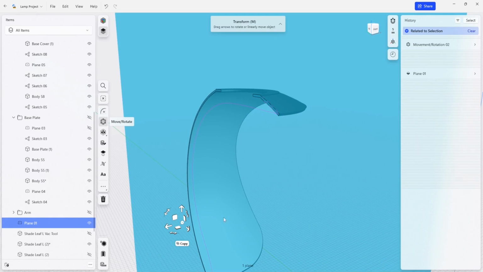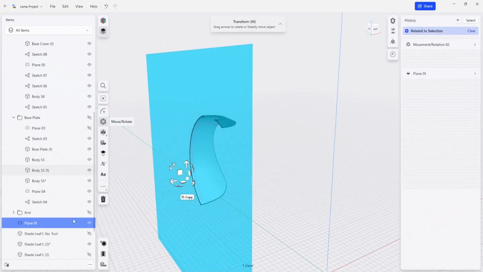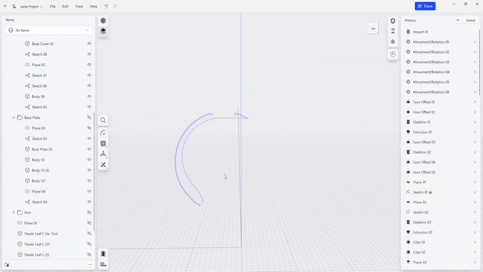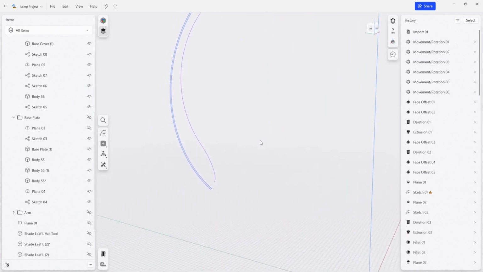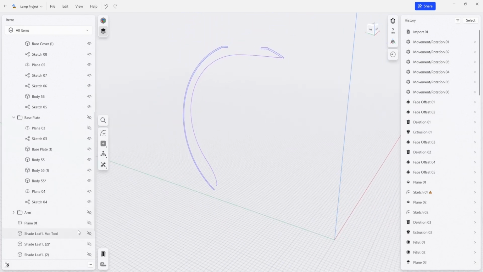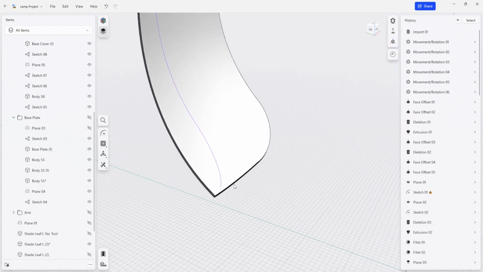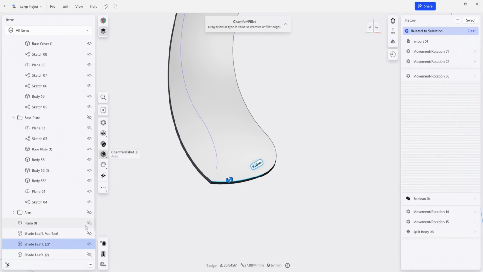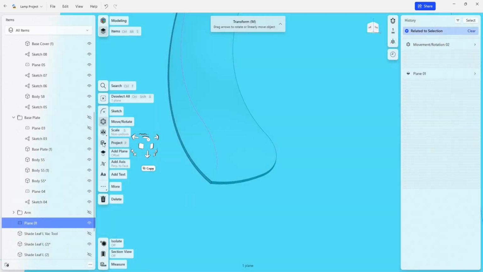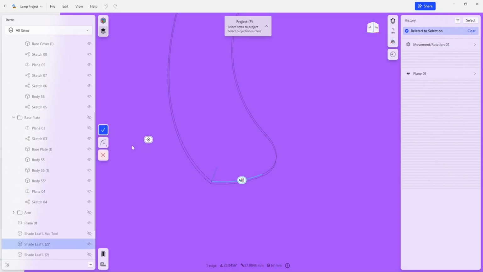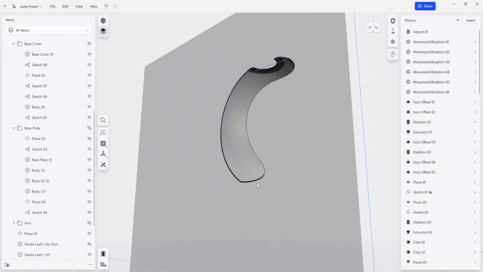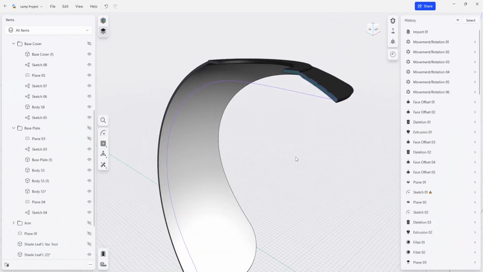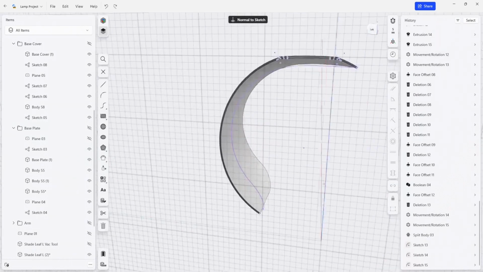We should have projected geometry now. So I'm going to hide this plane. And I'm also going to hide the shade leaf and see how we're doing. We are missing a little line here, so I'm going to bring back our shade leaf, and I'm going to also project this edge here. We're going to need to bring our plane back. There we go. So I can hide that plane. Now that we have our edges